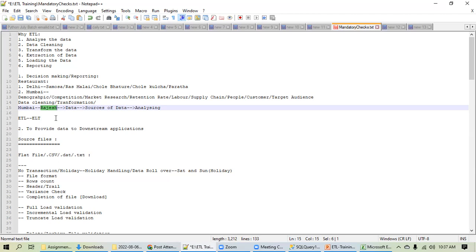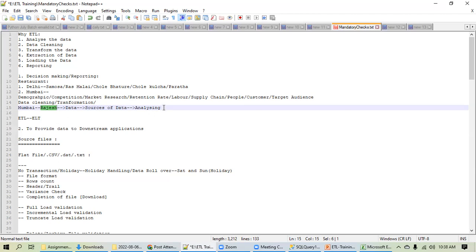So in any ETL project, when you are starting it from scratch, the first discussion is all about the sources of data, what all sources are required, because you should be very specific about the sources. You should not miss a source and you should not add a source which is not needed. Okay, fine. Now here the question is a very common interview question.